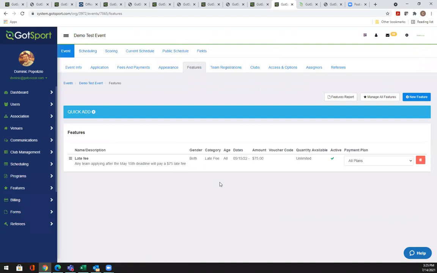Features would be something you would add to their application. So you could see what I've created here was a late fee. I put in a description: any team applying after the 15th would have to pay a $75 late fee. And it has a date here, so you don't have to go in and update fees or activate and deactivate. This would automatically get added to the application at $75 for anyone that is starting their application on 5/15 or